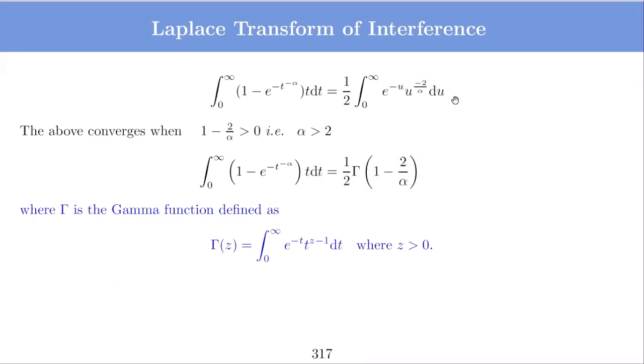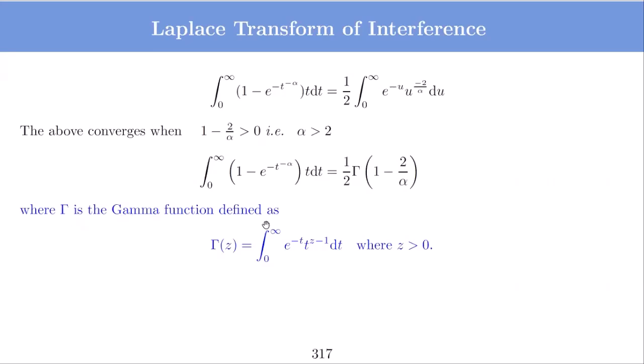Okay, so once I put this back, I will get this function. Now I can notice that this part will converge when the coefficient is more than minus 1. Okay, so if 1 minus 2 by alpha is greater than 0, then this integration will converge, which is the equivalent condition that alpha is more than 2. And if alpha is less than 2, this will not converge. So what I get is this, and then this will converge to this value, gamma of 1 minus 2 by alpha and half,